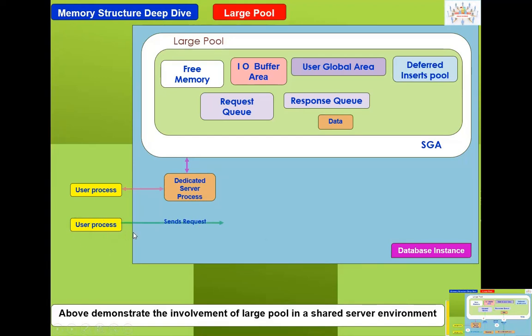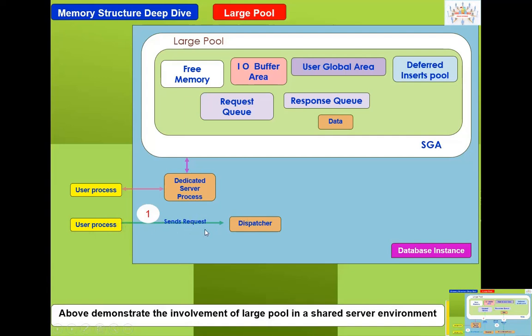The user initiates and a connection request is sent. In this case there is no dedicated server process; it is a shared server. But in a shared server environment, the very first thing is the dispatcher. We don't have dispatchers in a dedicated server environment, where the incoming request is detected by the listener, which initiates the server process, and the server process checks with the Oracle database server and the verification happens. We will see more detail on that in the networking session, but here the objective is to explain how it happens in a shared server environment.